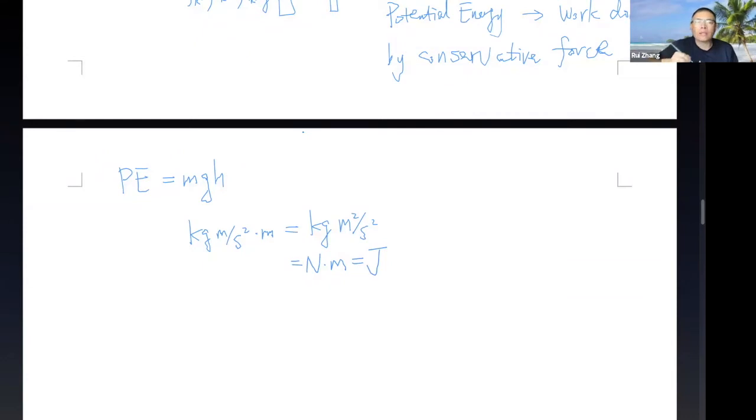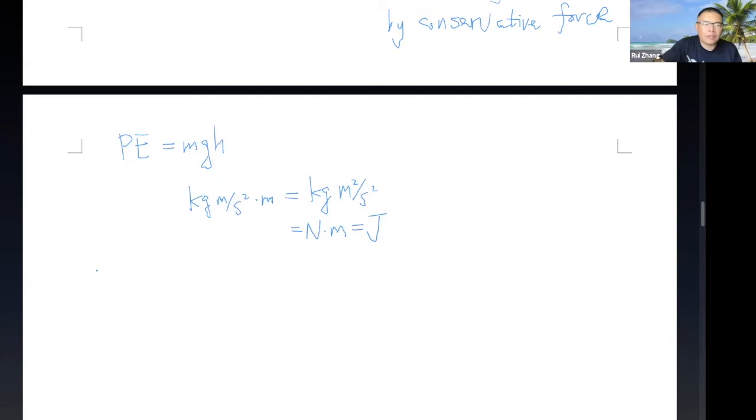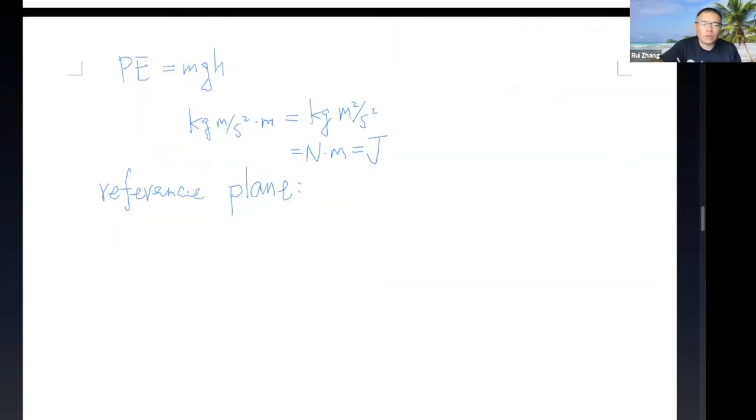Well, there's another question we need to consider here. It is the so-called reference plane. So what is that concept? Okay, look at this definition here, right? The potential depends on the mass, gravity, and also the height. So here comes the question: at which height do we use as our reference plane, which we define as our zero height, right? Well, for example, let's say I have a ball and I put it on top of a table here,